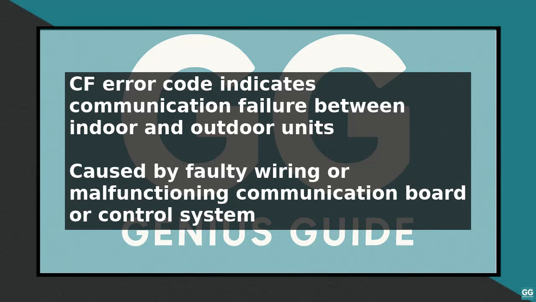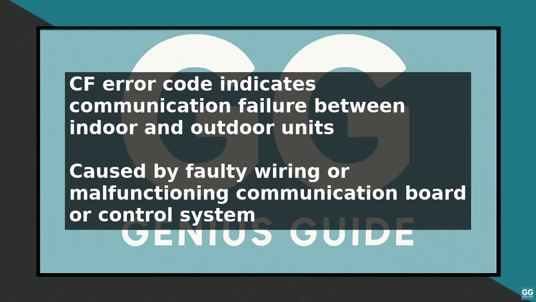To fix the Samsung AC CF error code, start by understanding what it means. The CF error code indicates a communication failure between the indoor and outdoor units of your air conditioner. This can be caused by a variety of factors, including faulty wiring, a malfunctioning communication board, or a problem with